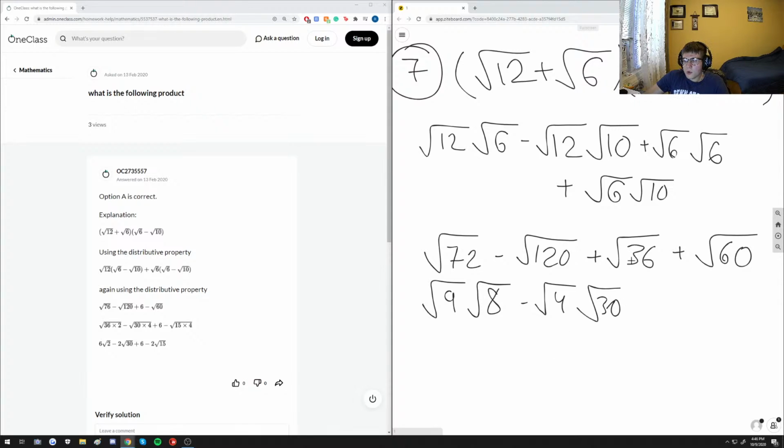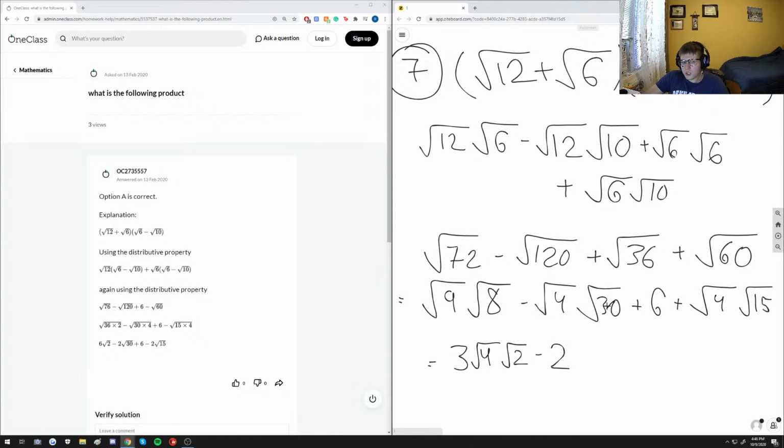And then the square root of 36 is easy because it's a perfect square. So we're going to have 6. And once again, I can see the square root of 60 being written as the square root of 4 times the square root of 15. So after this first step, the square root of 9 simplifies to 3, square root of 8, and just to save another step, let's see if the square root of 8 can be simplified further. I know it can be. It could be broken up into the square root of 4 times the square root of 2, where 4 is our perfect square. And then we're going to get minus 2,